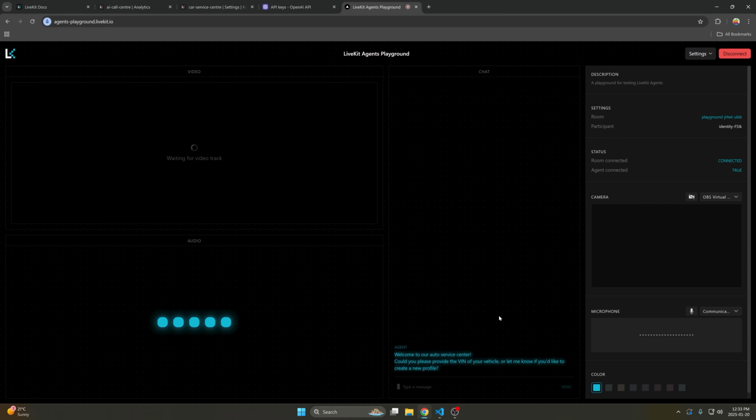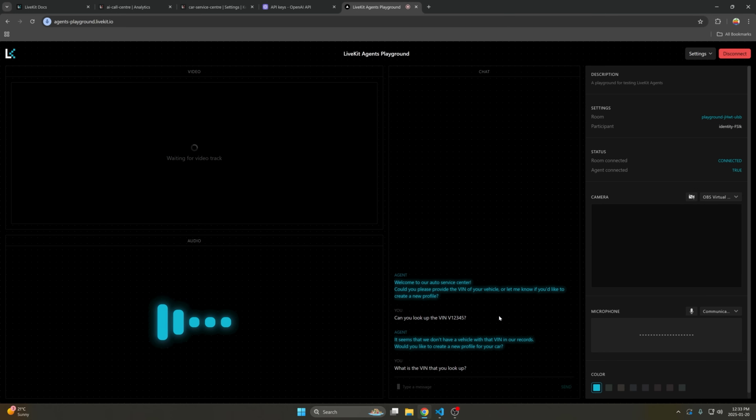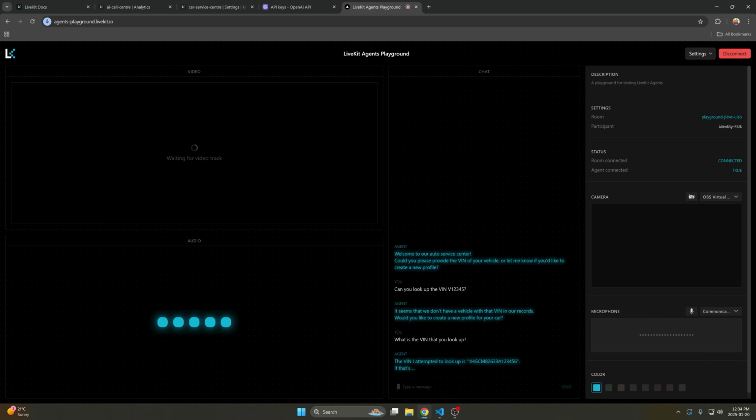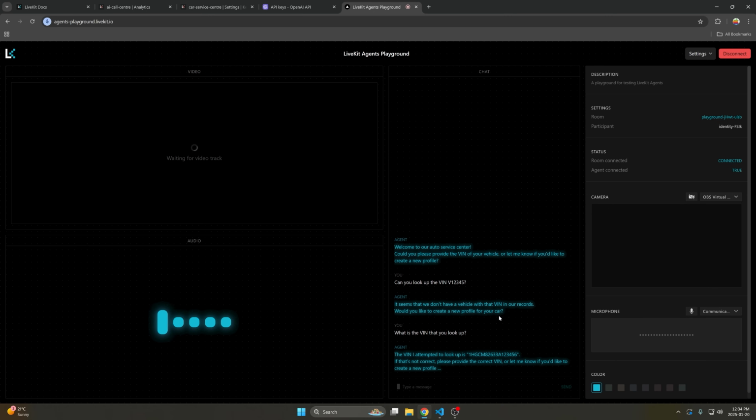V12345? It seems that we don't have a vehicle with that VIN in our records. Would you like to create a new profile for your car? What is the VIN that you looked up? The VIN I attempted to look up is 1HGCM 8263-3A123456. If that's not correct, please provide the correct VIN, or let me know if you'd like to create a